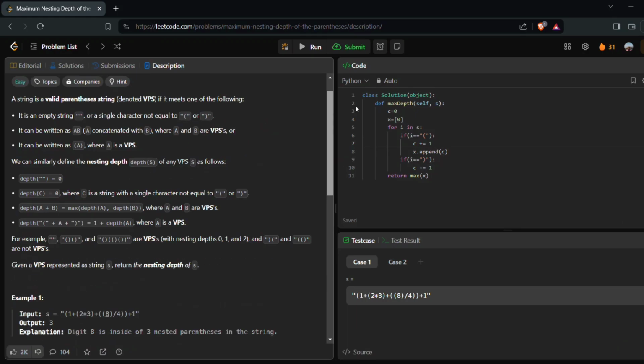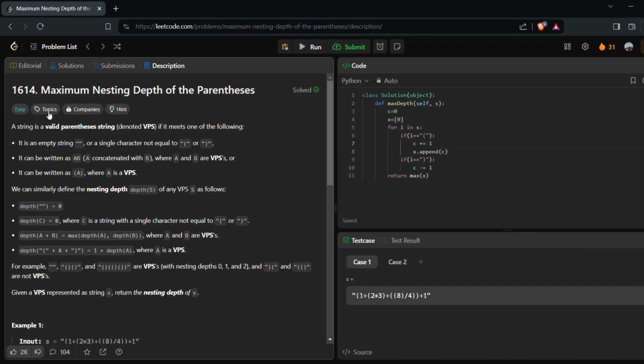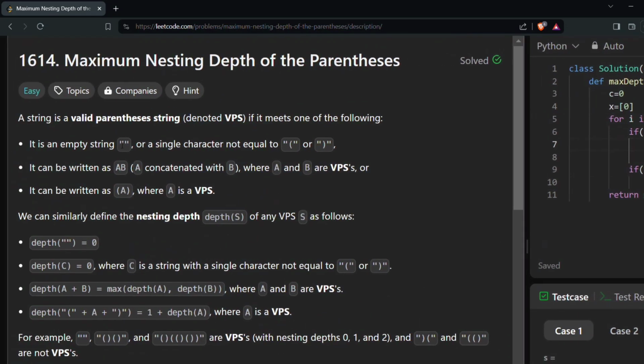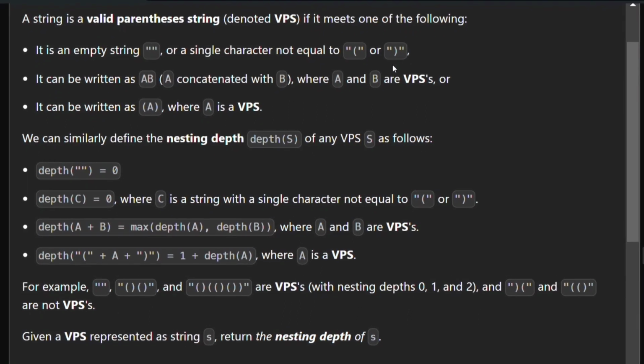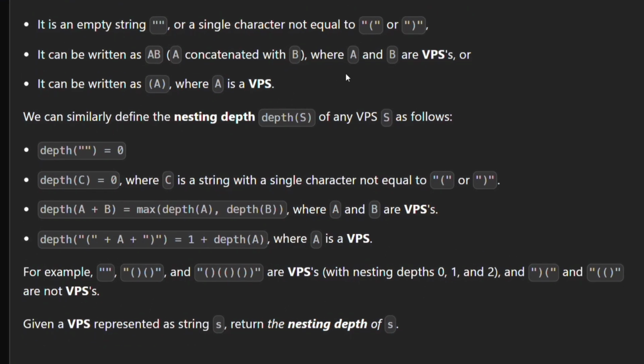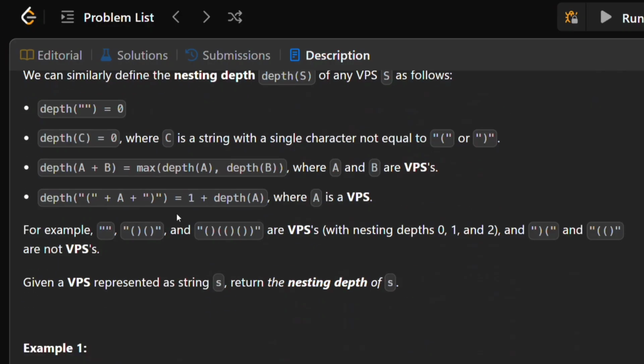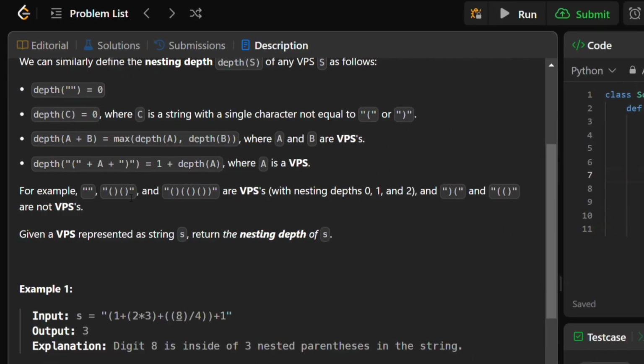This is day 4th April 2024 and today's LeetCode daily question is Maximum Nesting Depth of the Parentheses. So we are given a string, and this string is a valid parentheses string if it meets any one of the following: it's an empty string, or a concatenation AB, or a single A or single B, and nesting